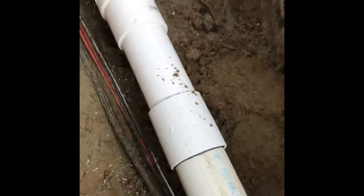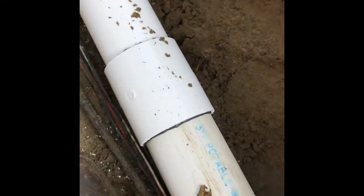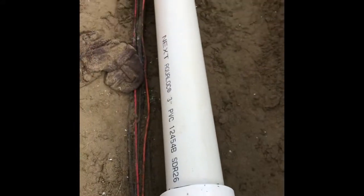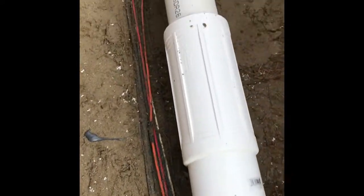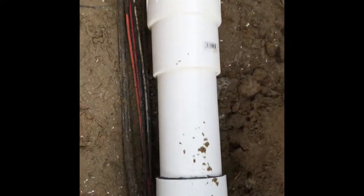We measured the length of the telescope just inside to that line there. It was 19 inches, cut out a 19-inch section, glued on our coupler and our telescope, and then extended that onto the pipe. We didn't actually have any video of me doing that because we were kind of in a hurry to get our water on, as it's been down for a couple days while we've been fixing many leaks. But anyways, we have our new telescope on there,